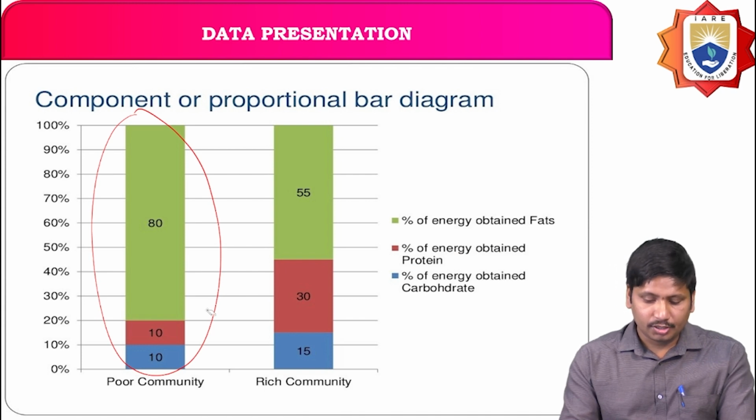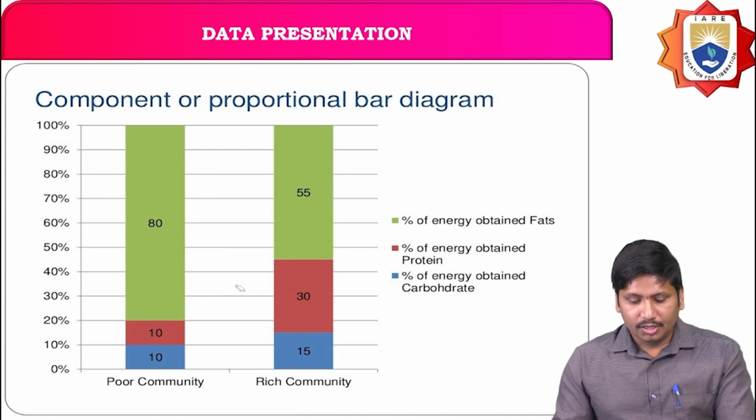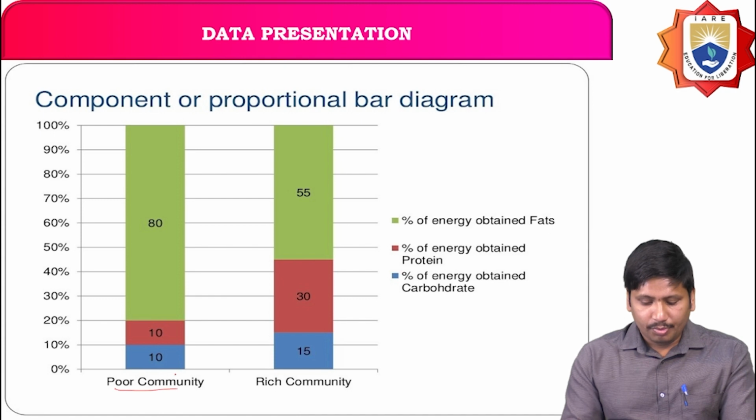See the example here. So what is happening here? The poor community people are going to maintain